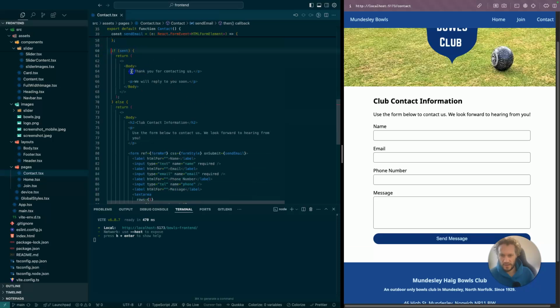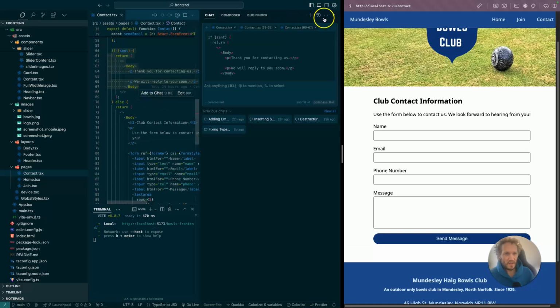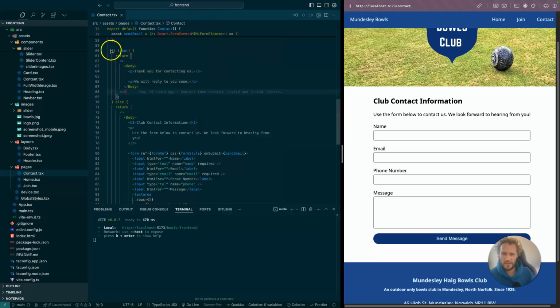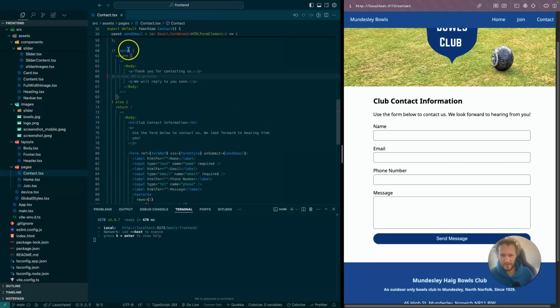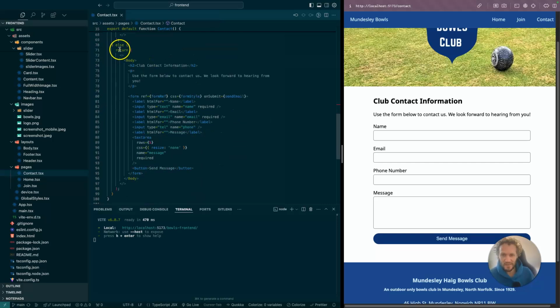Down here you've got the actual form. I've got a little bit of logic going on here, so you can see if sent, then the React component will return a message: thank you for contacting us, we will reply to you soon. Whereas if sent is false, then the component will return or render